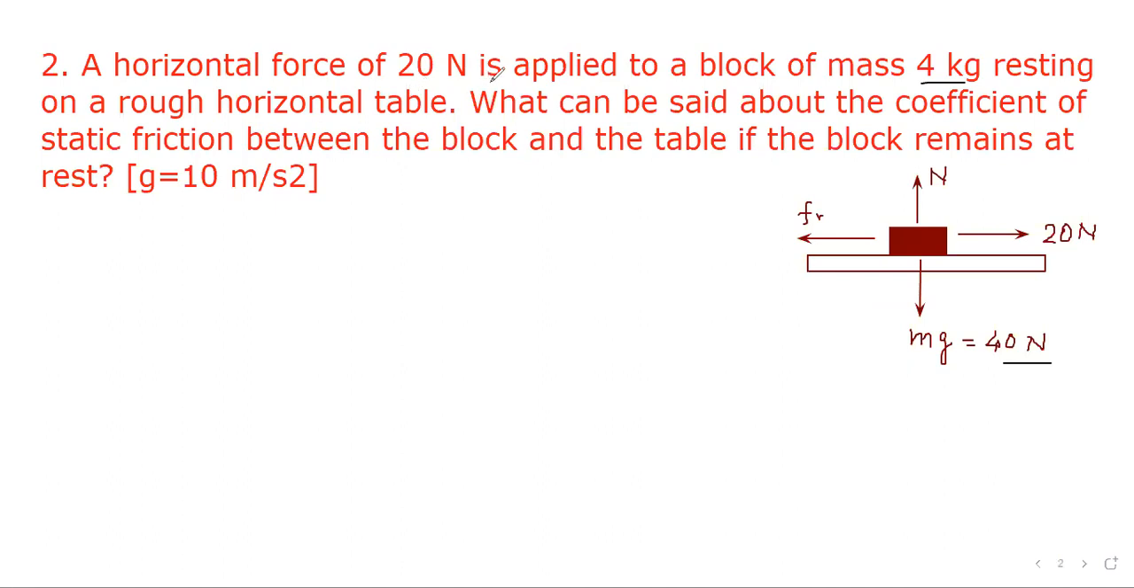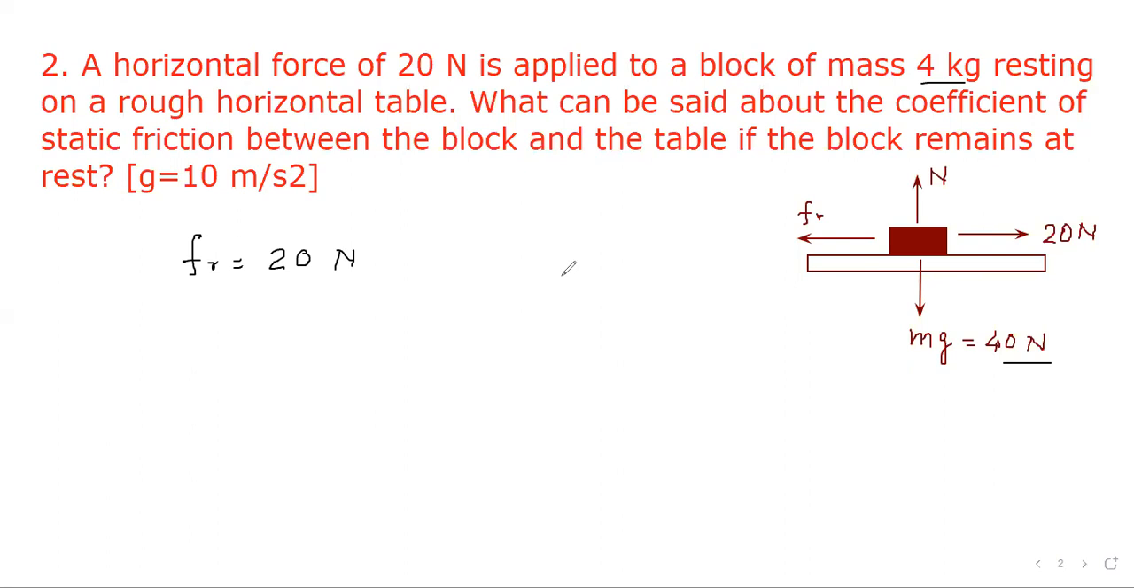A horizontal force of 20 Newton is applied to a block of mass 4 kg resting on a rough horizontal table. What can be said about the coefficient of static friction between the block and the table if the block remains at rest? Take g equal to 10 meter per second square. So here friction must be equal to the force applied, because friction is a self-adjusting force. And